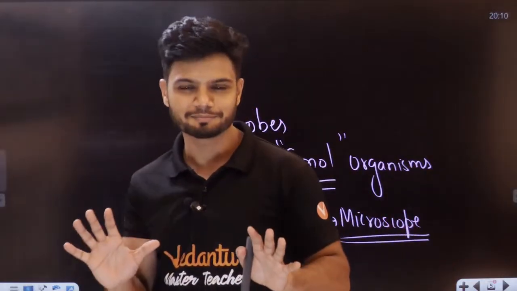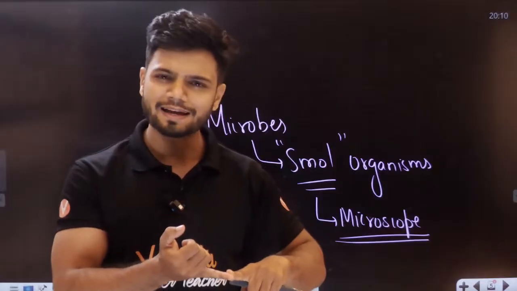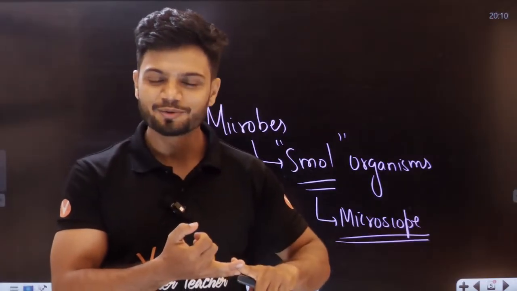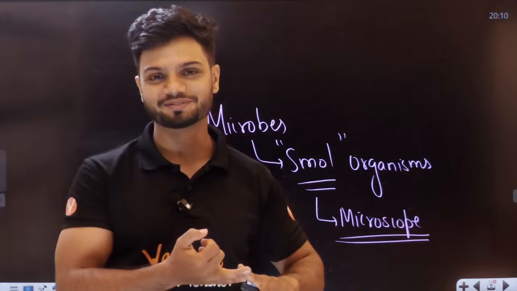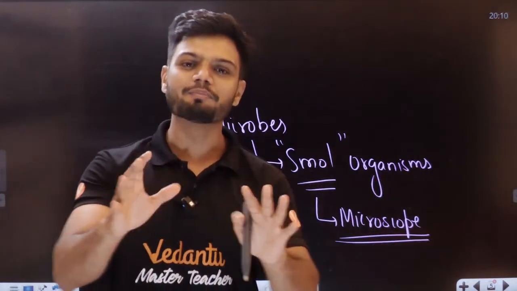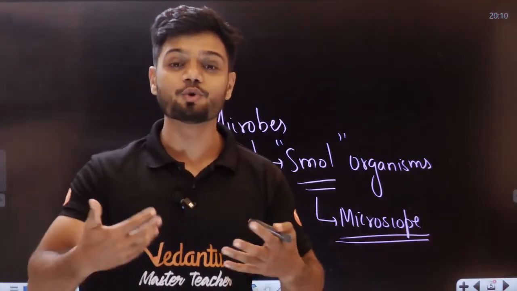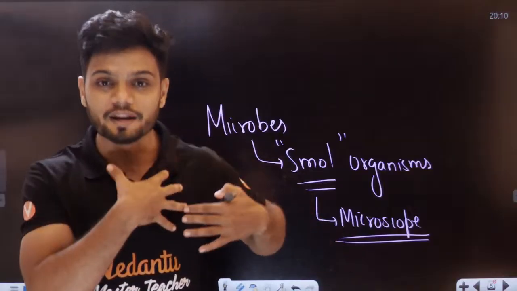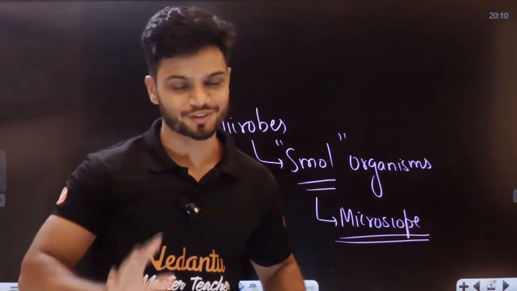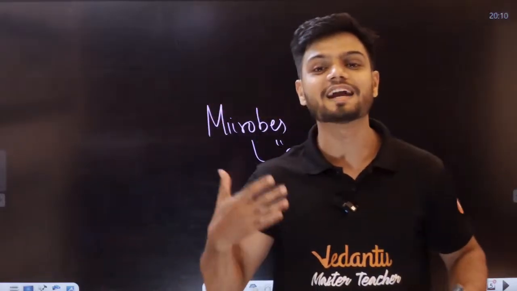We are greedy. So we exploit plants, we exploit animals. Students, we didn't even leave microbes also, right? Papa microbes, it is chilling in a corner. We didn't even leave microbes also, right? So we are so greedy that we are also using microbes for our benefit. That is what I will teach you today, how we are taking advantage of microbes.